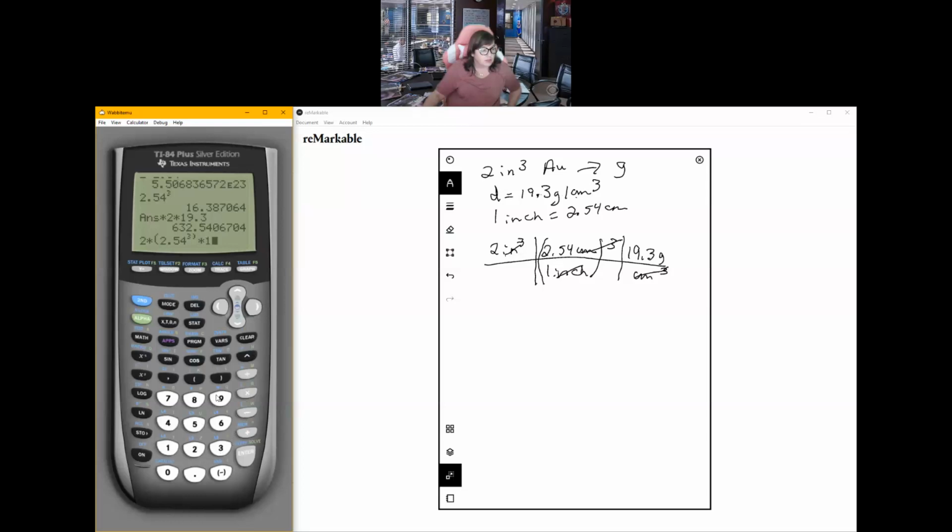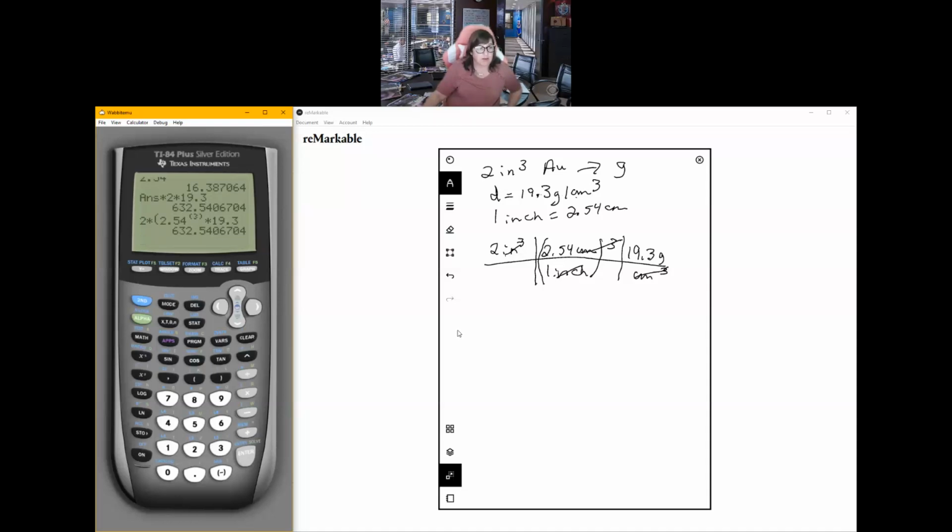Times 19.3. And that gives me that same number. The problem that I had was that I had put the 19.3 times 3 as the power. And that's not what I wanted to do. So